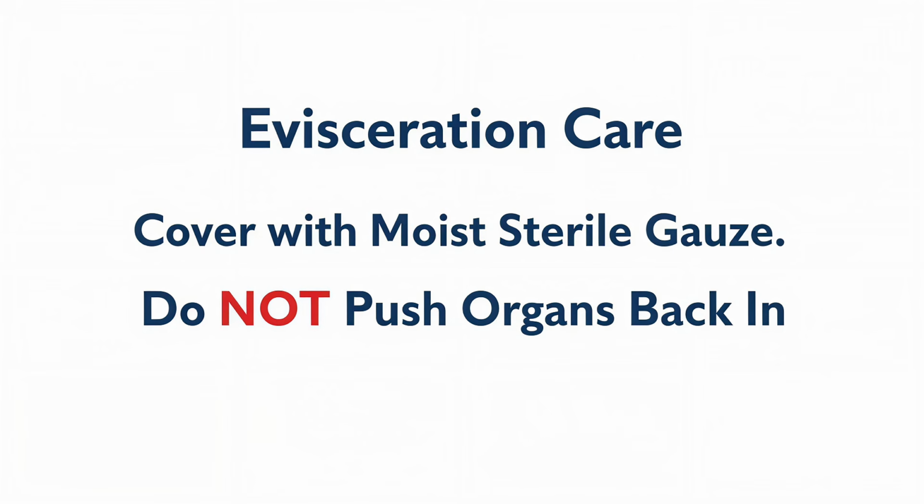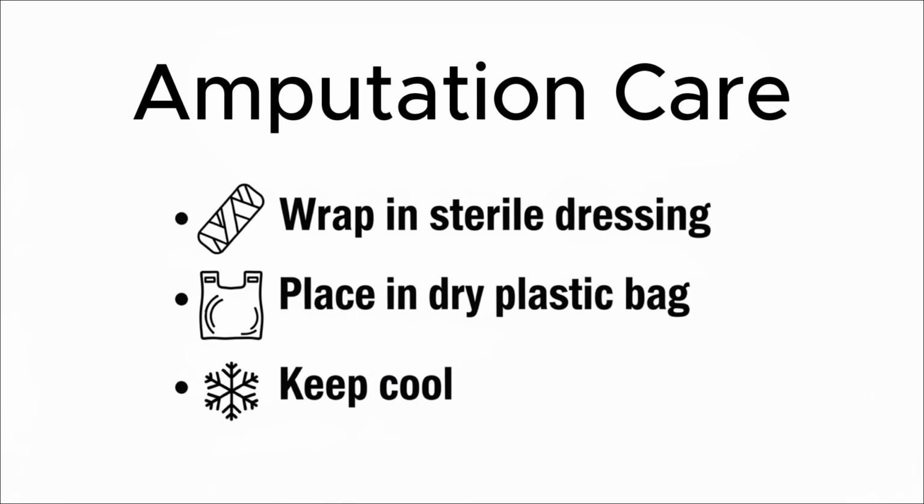For soft tissue injuries, an evisceration is when internal organs protrude from the abdomen. Cover the organs with sterile gauze moistened with sterile saline, then an occlusive dressing. Do not push the organs back in. For an amputation, wrap the amputated part in a sterile dressing, place it in a dry plastic bag, and keep